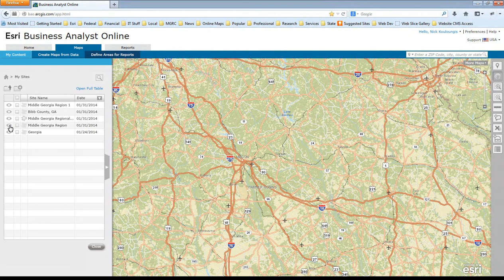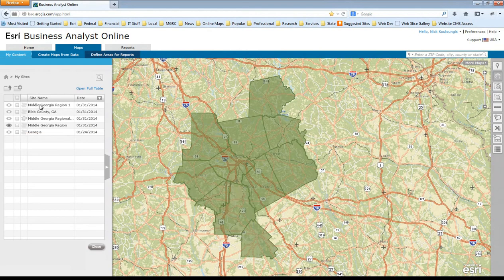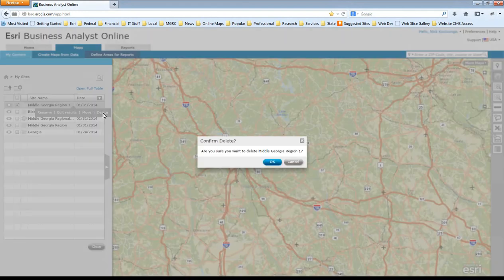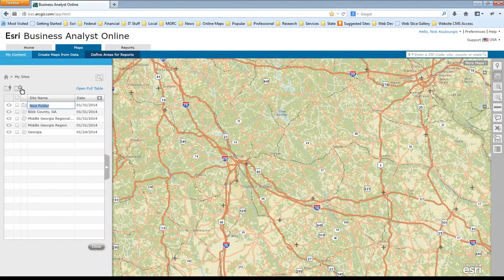I actually already had a Middle Georgia region saved in my map, so I created an extra one, and it just marked it as Middle Georgia Region 1. It adds a tag to it to differentiate it from the previous geometry. In your My Content site, you can manage this data. Because that's a duplicate, I can check it and delete it and get rid of that. You can also create subfolders in here to better organize your site. And you could put different layers for Middle Georgia in there, or project-based files in project folders, however you want